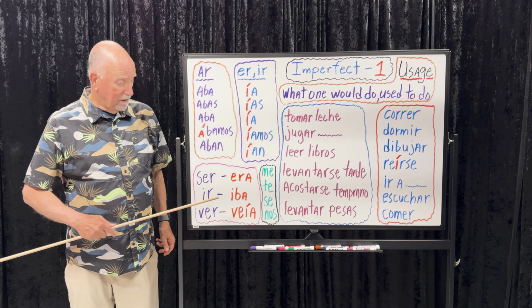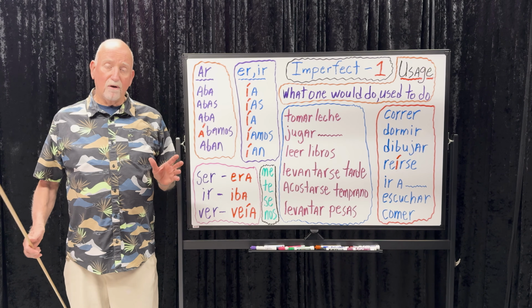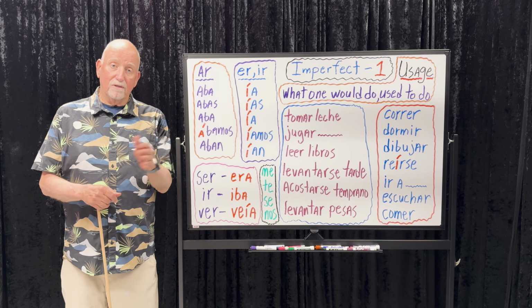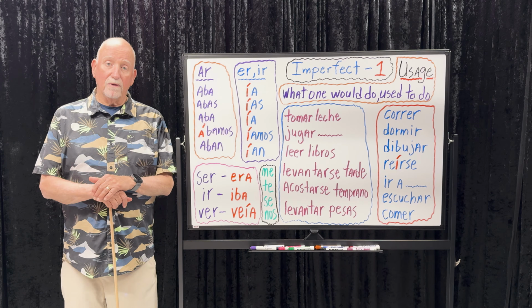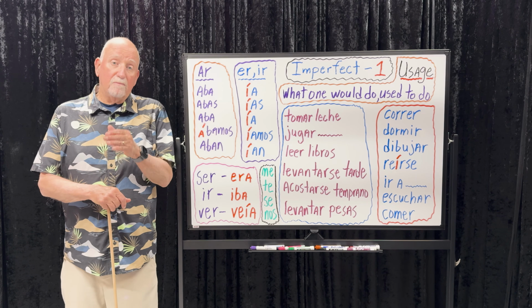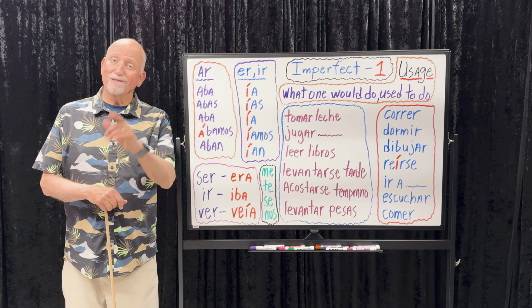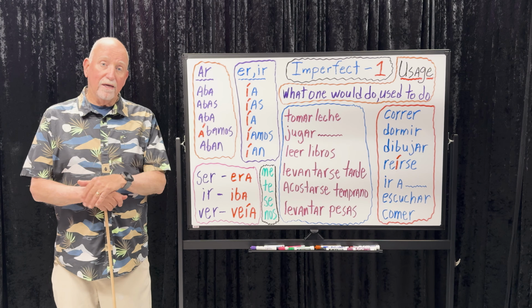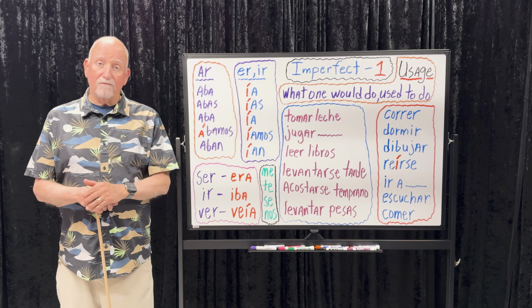The verb ir, the imperfect is iba, I-B-A. We've used it already. We already know how to say it's going to rain, va a llover. It was going to rain, iba a llover. Very simple, right? We were going to go. Íbamos a ir. Hey, guess what? Íbamos, you're right, there's an accent mark on that I. Íbamos a ir. They were going to come to the party. Iban a venir a la fiesta.